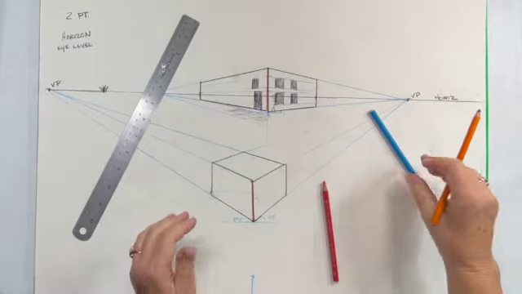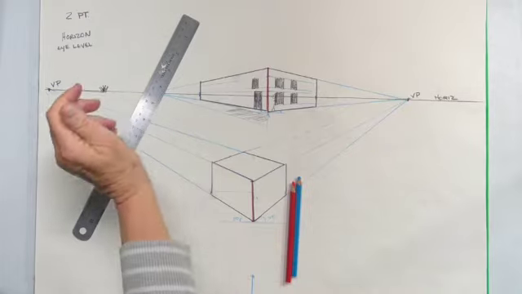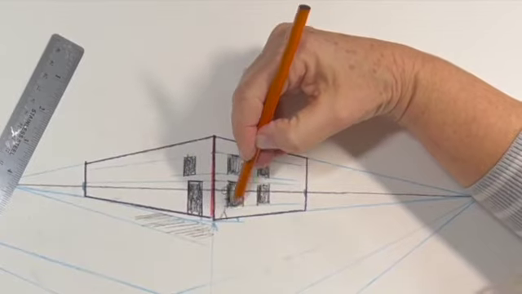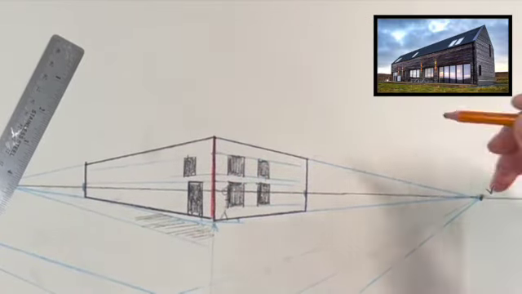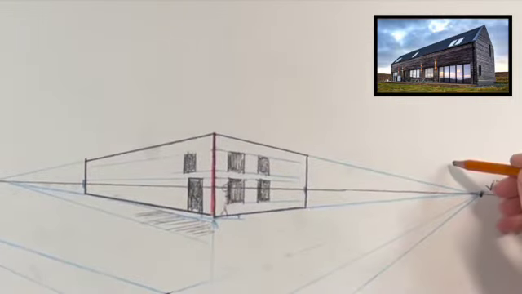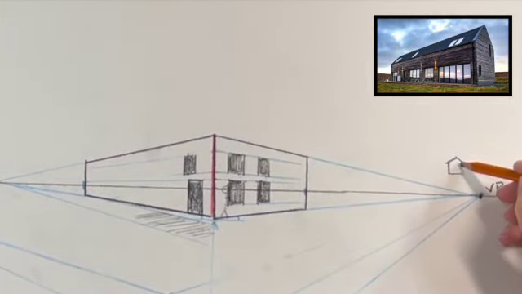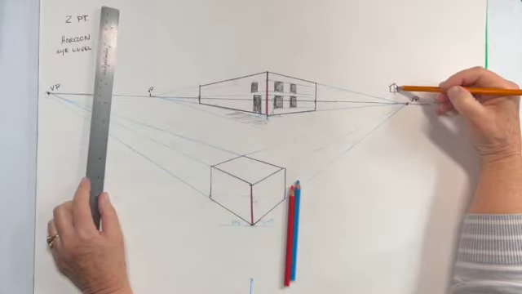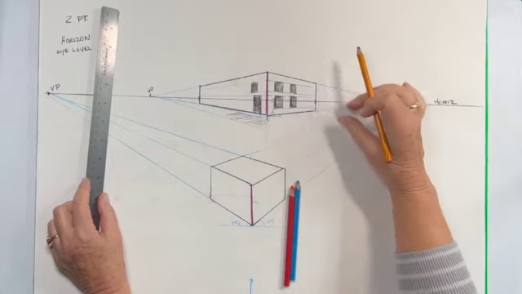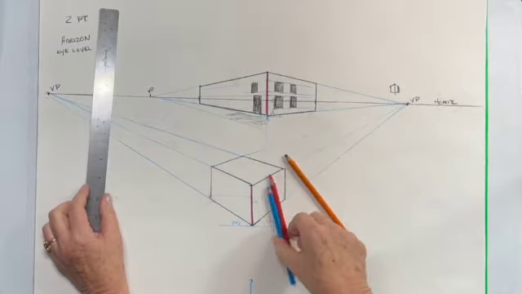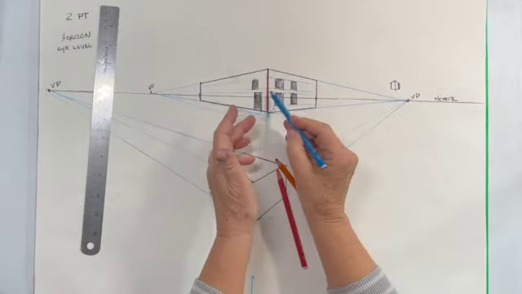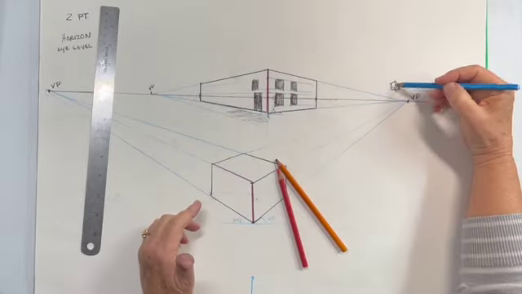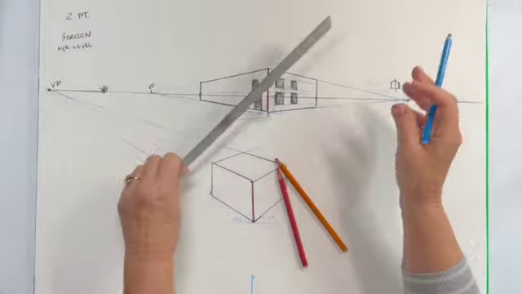Now, what if this had a peaked roof on it? If this house has a peaked roof, and we're going to put it on this side of the building, the first thing we need to do, like here's the side of the house. We're looking at this side of the house, and it has a roof on it. How do we determine when you're building it, this is in the middle of the building? But now that we're in perspective, the middle is not exactly in the middle. It's not in the center between here and here. It's not in the middle between these two lines. So we have to find this center line. And the way we do that is we